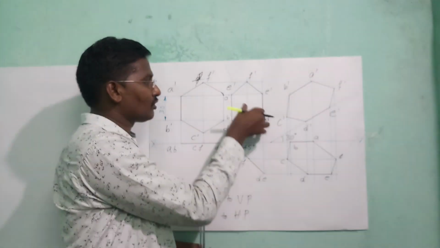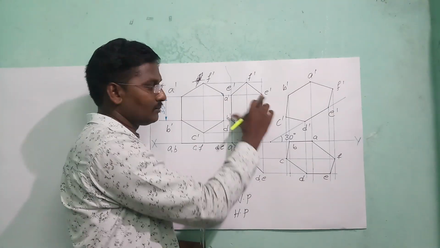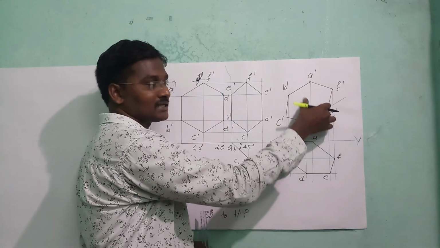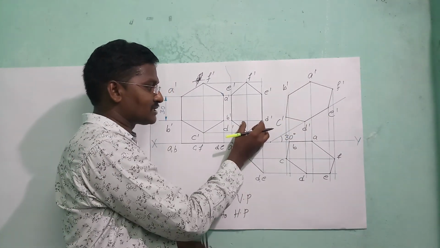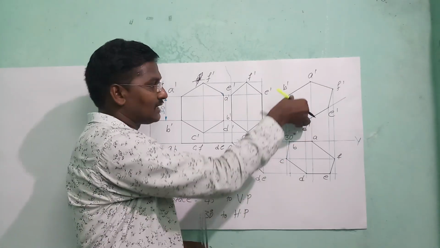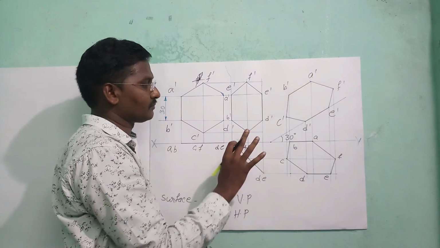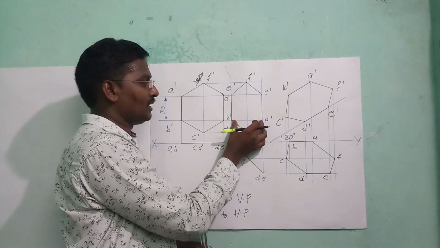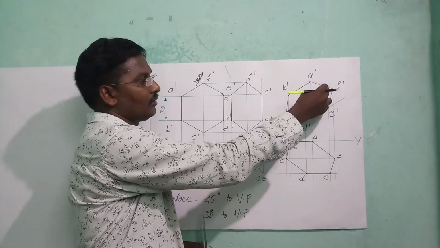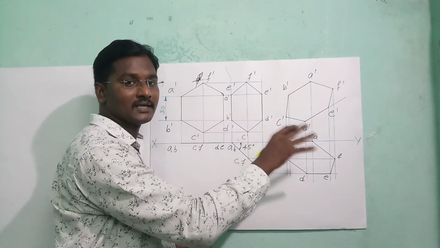Next measure the distance of D dash to E dash in the compass. The same distance will be from E dash to B dash. Now take D dash as center, draw the arc, take E dash as center, draw the arc. Next measure the distance of D dash to B dash in the compass. Take D dash as center, cut the arc, take E dash as center, cut the arc with the same radius. Whatever the distance I have taken from D dash to B dash, the same distance will be from E dash to A dash. Now whatever the arcs are intersecting, take those as points.